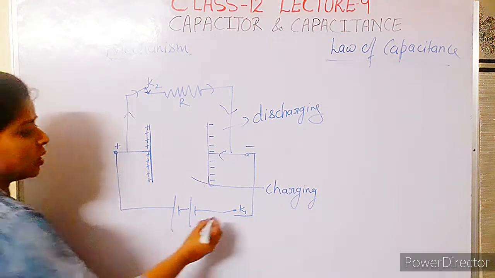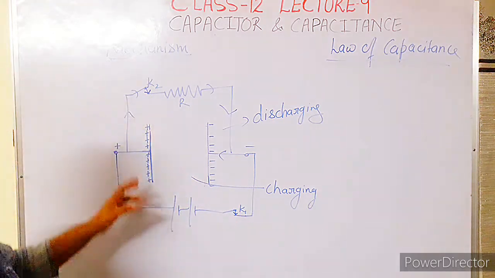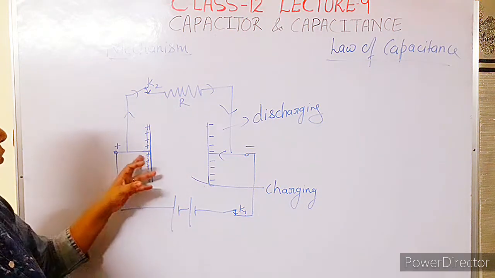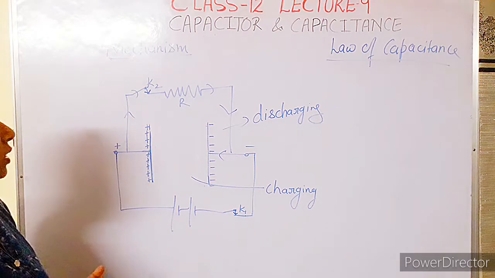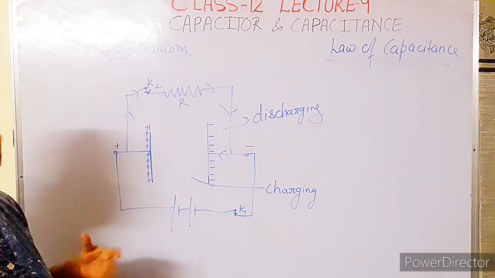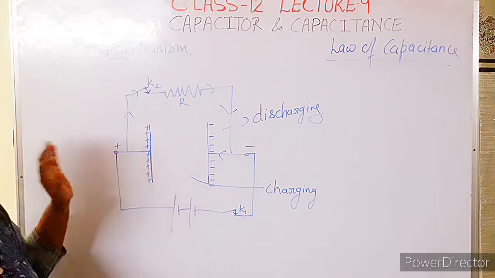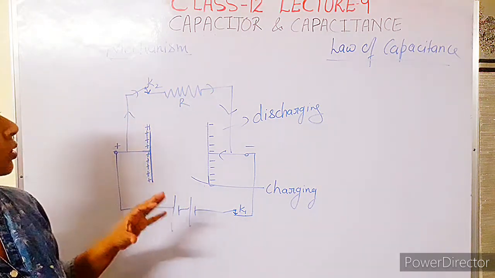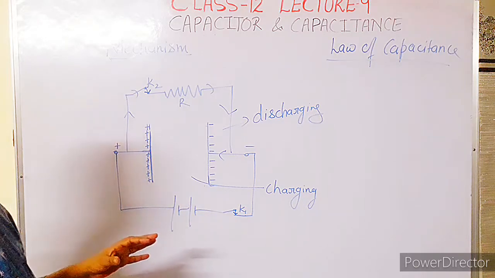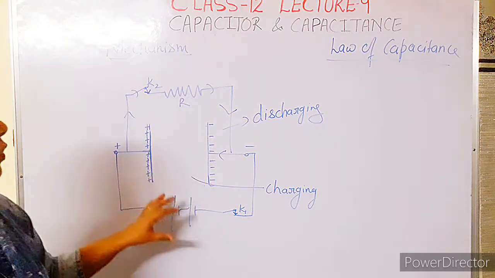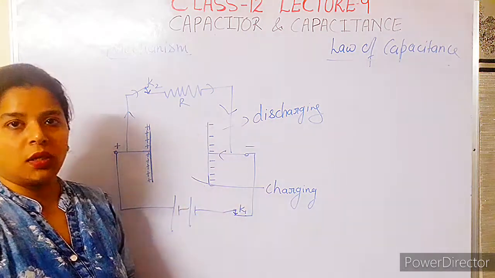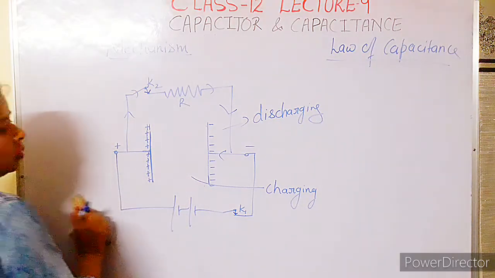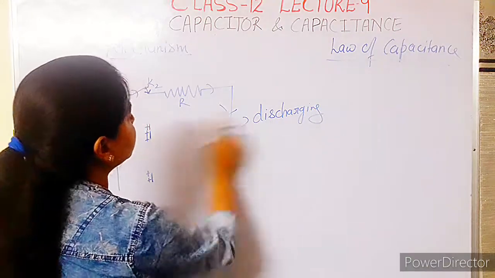Now if you consider the case that both the keys are connected, it remains discharged with the help of this resistor value, and it gets charged from the source with the help of this battery. So we cannot consider whether the capacitor is going to discharge or not, because on one side it is going to be loaded and on the other side it is going to be unloaded. Both incidents are occurring simultaneously, so we cannot experience the charging and discharging individually. So we must consider that either of the two keys should not be connected.